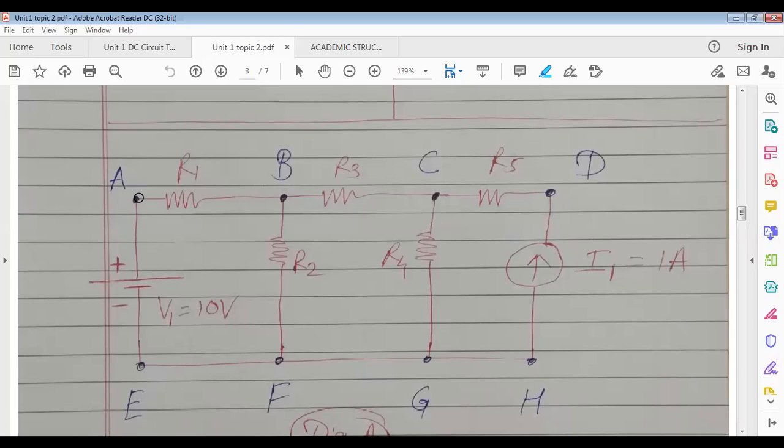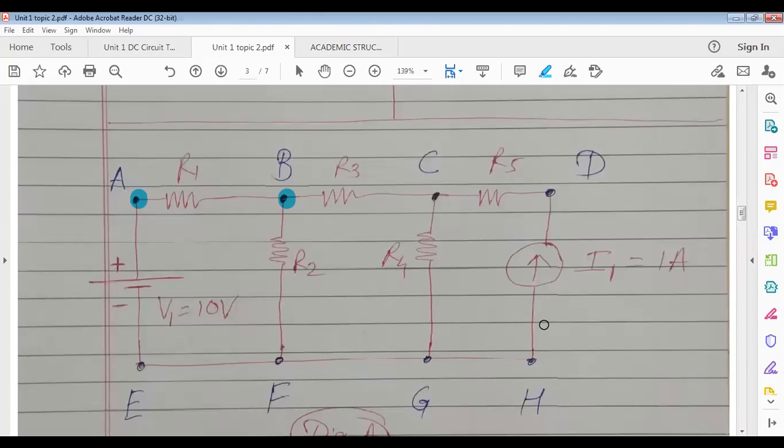Now here, if you observe A and B, in between these two nodes, what is connected? Resistance R1. So this one, AB, you can call a branch. Whenever any circuit parameter or any voltage source or current source is connected between two nodes or two junctions, it is a branch. Just now I told you R, L and C. What are these called? Resistance, inductor and capacitor. These are called circuit parameters.